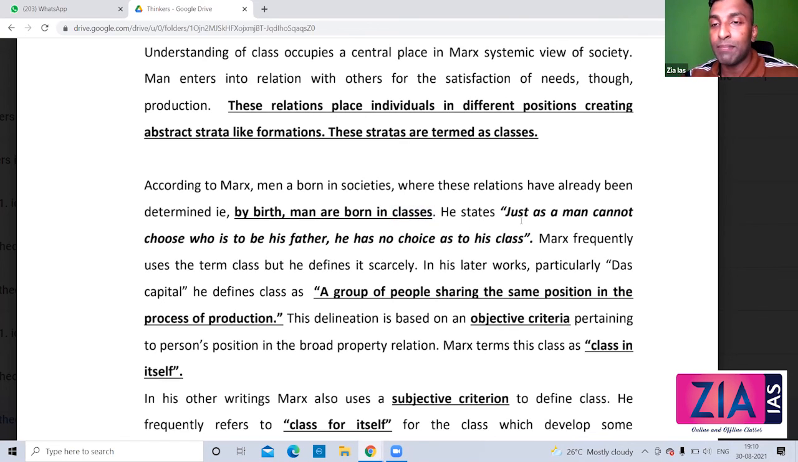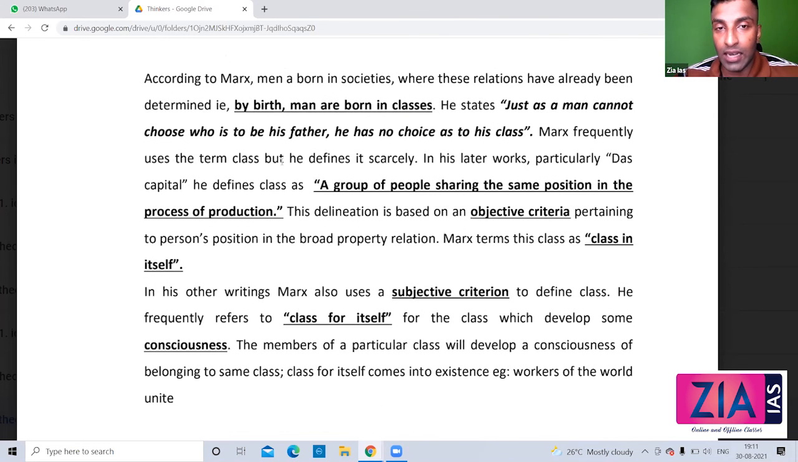He states, just as a man cannot choose who is to be his father, he has no choice as to his class. Whoever your father is, you belong to the same class. Marx frequently used the term class, but he defines it